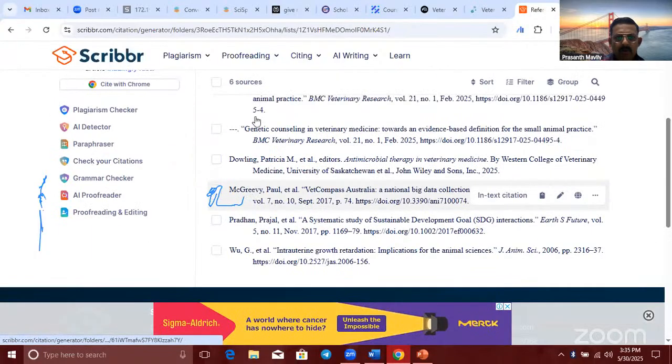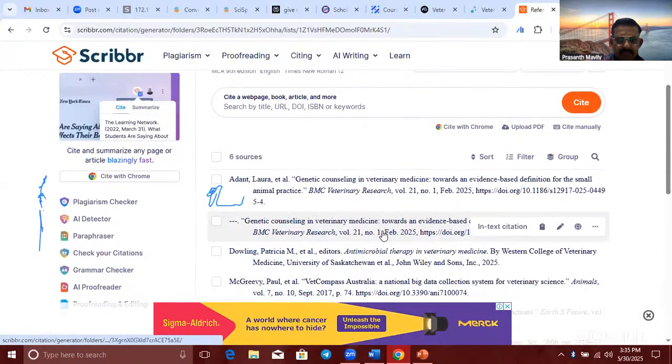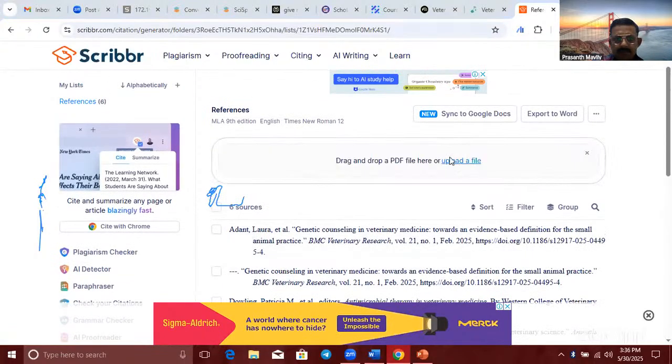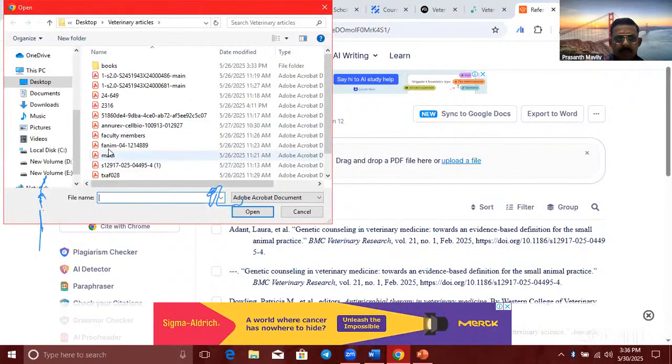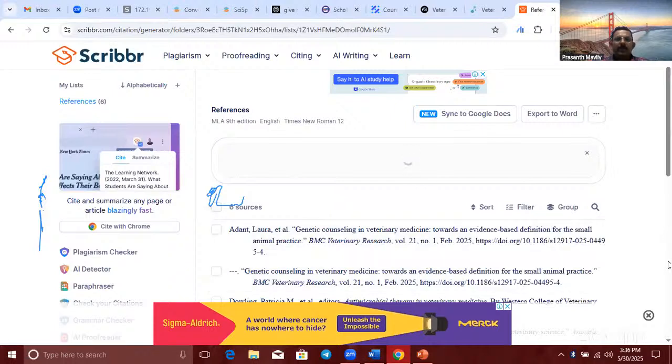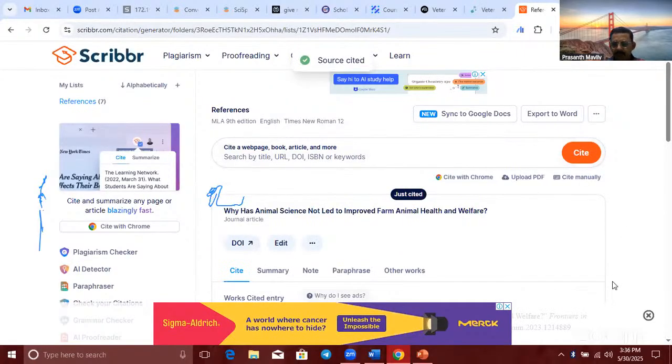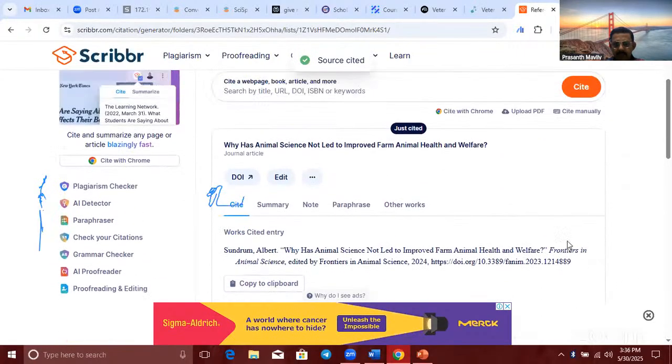I have already uploaded 6 files. You can see that, and you can delete them. I will upload one more. Anything, this one. When you upload, within seconds you will get the references and in-text citation. You can copy, paste it, or edit it, whatever you like.